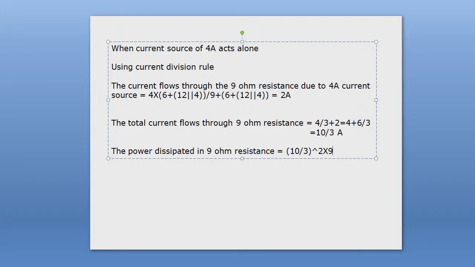Into 9. Therefore you will get 100 watt power dissipated. 100 watt. Okay,